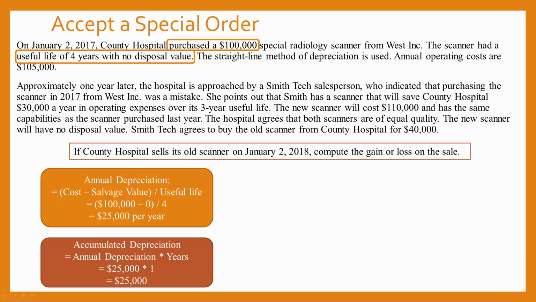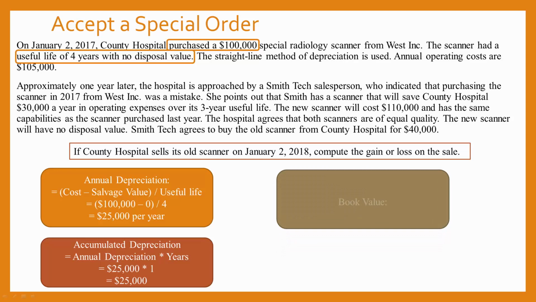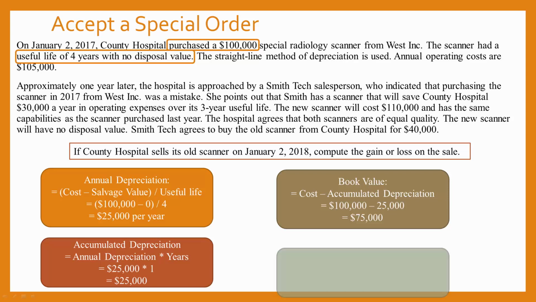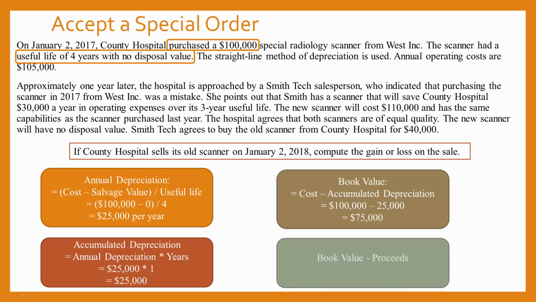Now we can look at the book value of the equipment. Our book value is our cost minus accumulated depreciation. And so again, we take the $100,000 initial cost minus the accumulated depreciation of $25,000 to determine that the current book value is $75,000. And lastly, when we compare the book value of $75,000 against the proceeds, which is the $40,000 that Smith Tech agrees to buy the scanner for, we can see that that would result in a $35,000